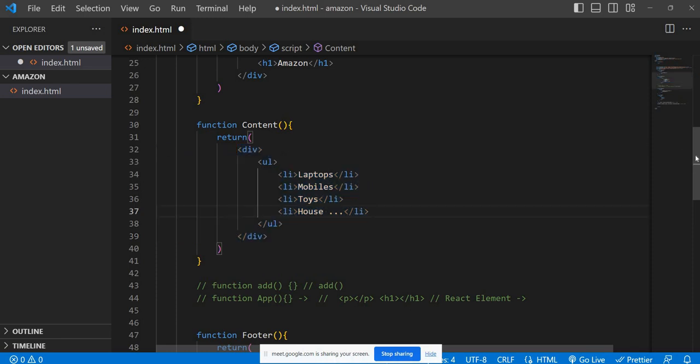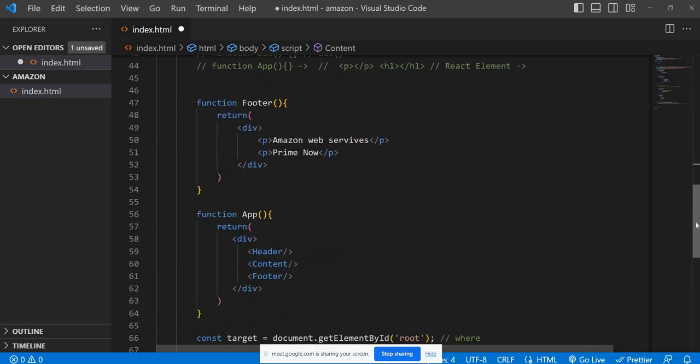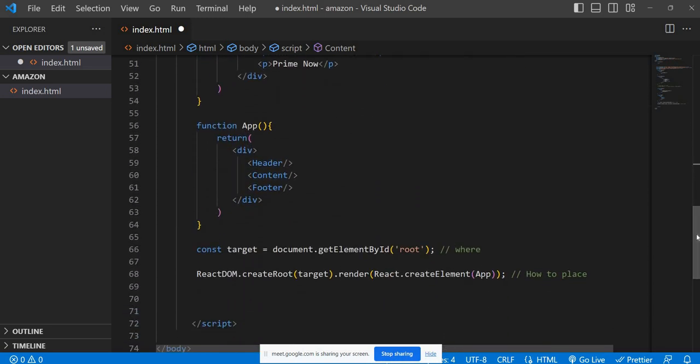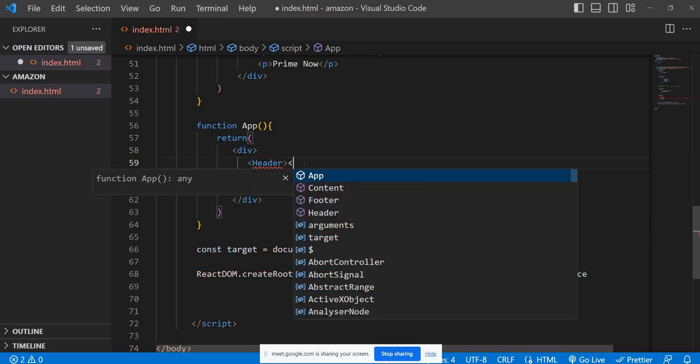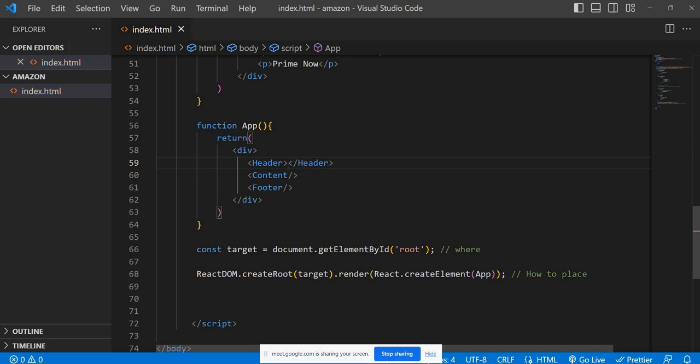So JSX is clearly giving the opportunity that you can use a header, and you can call that header the way you use HTML elements. Even if you have confusion, just writing header is also fine. Right now this is self-closing, so this is a shortcut. This is also fine. And here app is there. Here also you can say that,